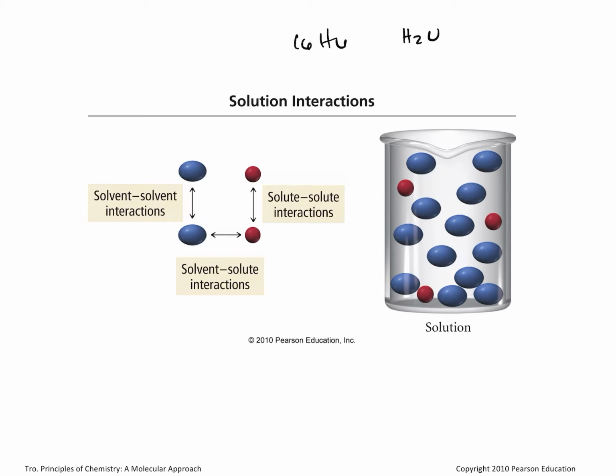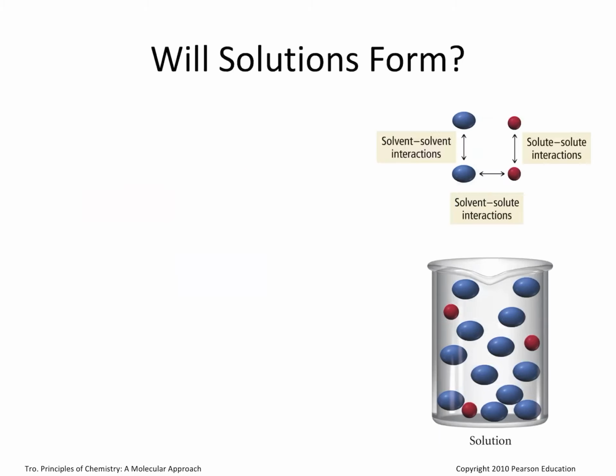The water molecules have strong hydrogen bonding attractions to each other, but cannot form hydrogen bonds with hexane. So the energy required to pull water molecules away from one another is too great, and too little energy is released when the water molecules interact with hexane molecules. Therefore, a solution does not form when we mix hexane and water. Although the tendency to mix is strong, it cannot overcome the large energy disparity between the powerful solvent-solvent interactions and